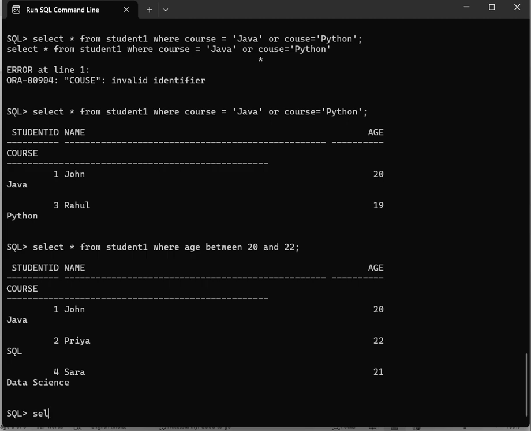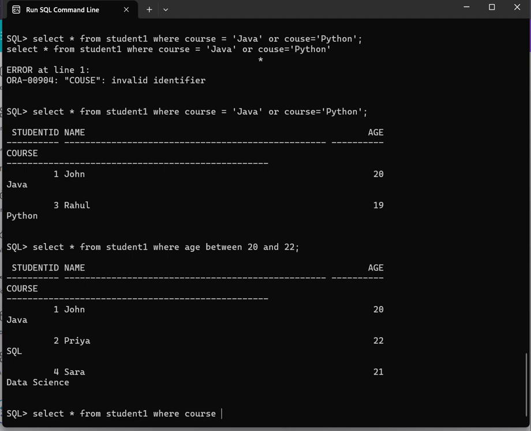Using the IN operator, I have already told you the syntax: SELECT * FROM table name WHERE column IN list of values. Now I have to write SELECT * FROM my table name, student1, WHERE